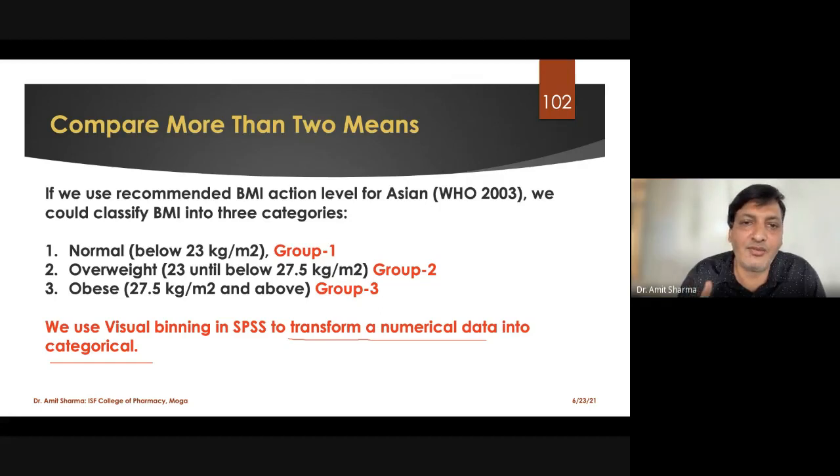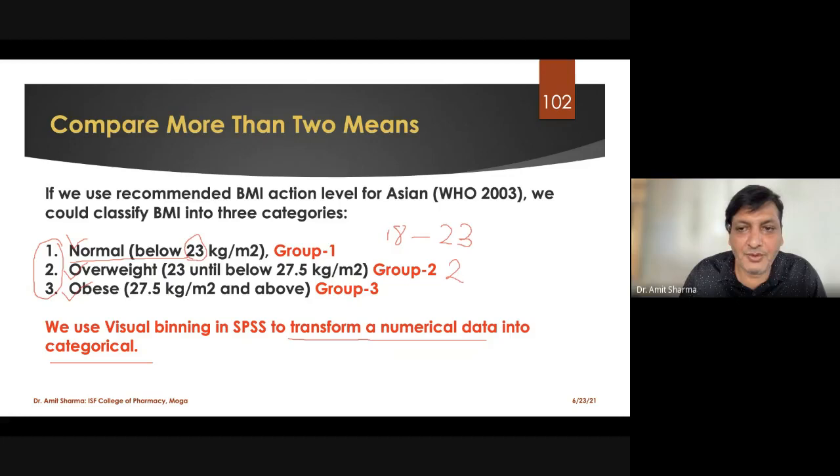But if you thought that you have to apply the ANOVA because the other person whose paper you are referring to has applied the ANOVA, then you can also apply the ANOVA, but you have to make modifications in your data. How? You are going to make 3 different groups of BMI. For example, one group will be called normal, second is overweight, and third is obese. Based upon what? Based upon the values which you have got. Any person having BMI from 18 to 23 will be considered as normal.